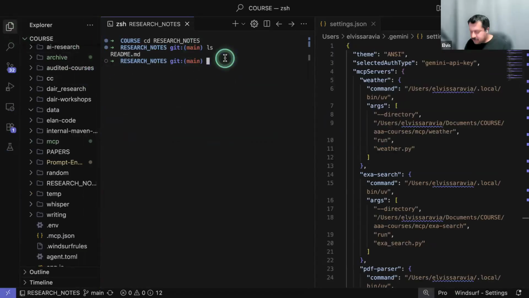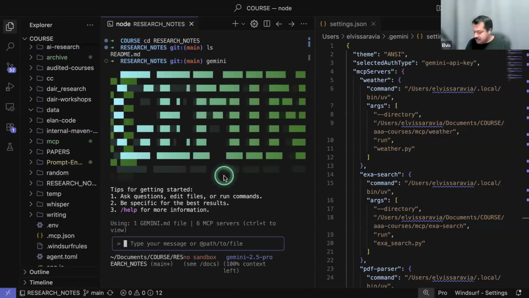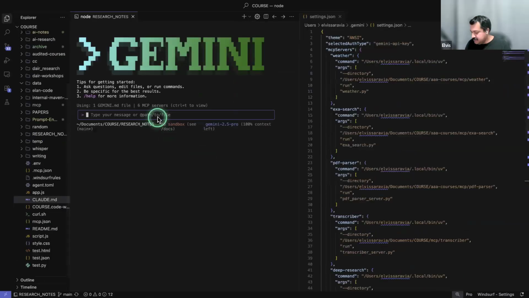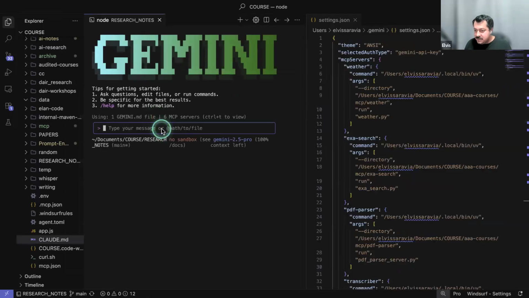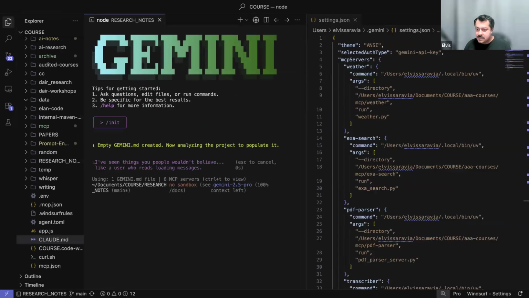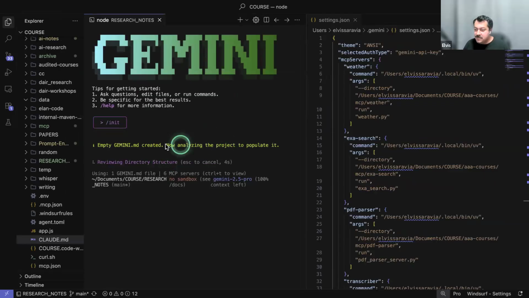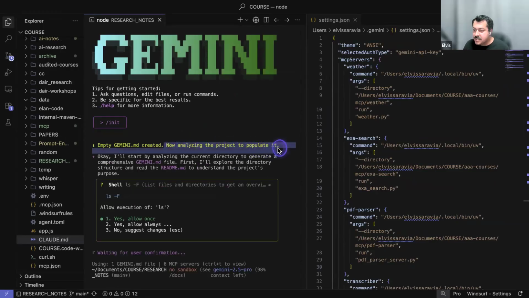Basically what I can do is start Gemini now in this folder. And then here I would initialize a Gemini file, right? Okay, when I zoom in, it looks a little bit ugly. Okay, all right. So what I can do is just tell it init, something like that, right? So I can start it. Notice it says it's now analyzing the project to populate it. It says, okay, I'll start by analyzing the current directory to generate a comprehensive